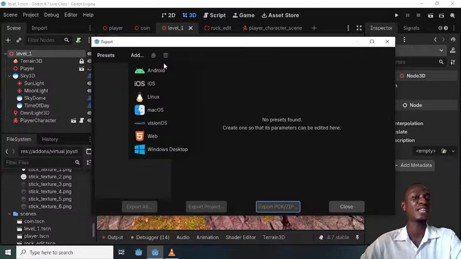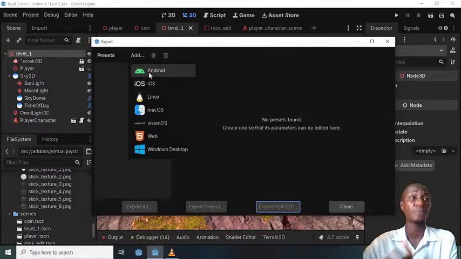If you click on add here, I have Android if you want to go for Android, but for you to do this, there's a lot of process. I won't want to do that in this class. It's very, very